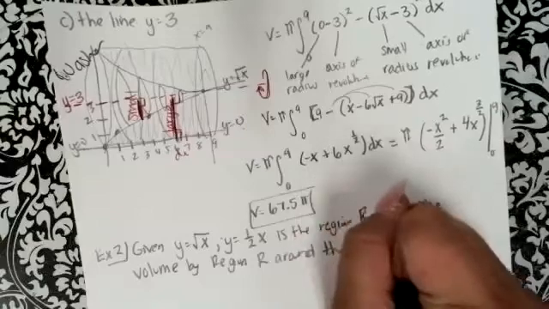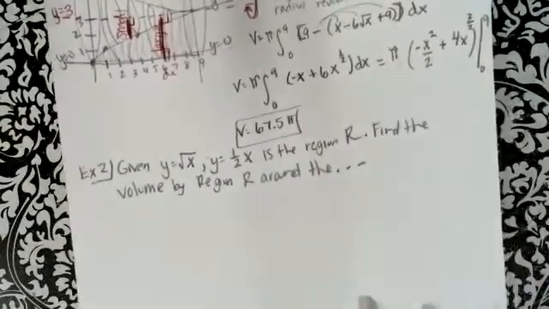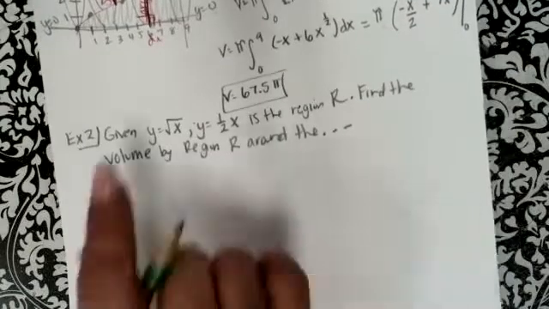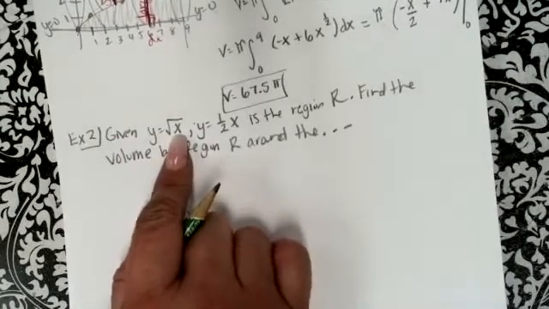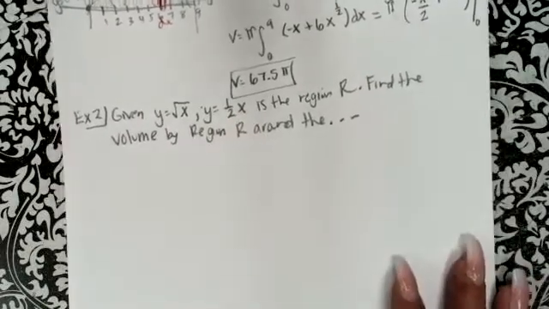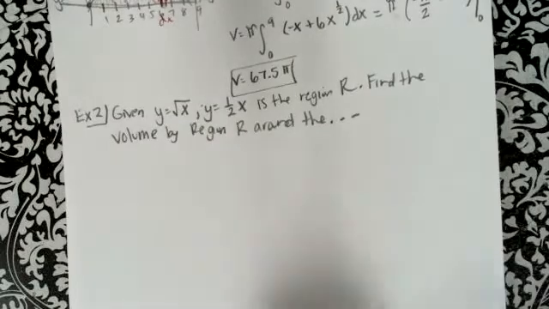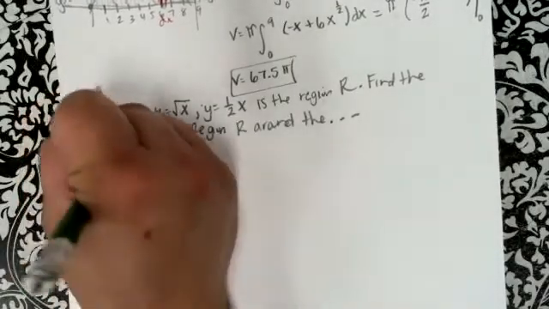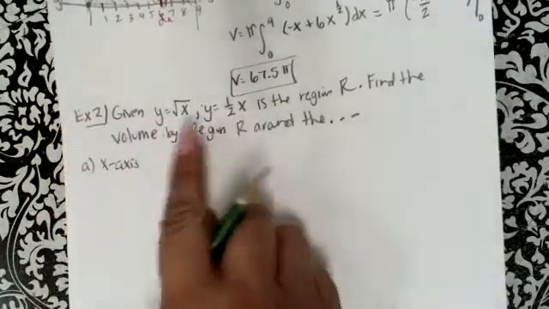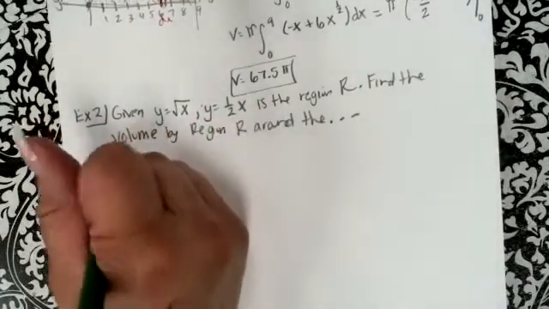Okay, we're going to take another region now. Now, as we take this other region, we have y equals square root of x, and we have 1/2 x. I'm going to have an A, B, C, and D. We're going to change the axis of revolution. On A, we'll just do the x-axis. So to see what these graphs look like,